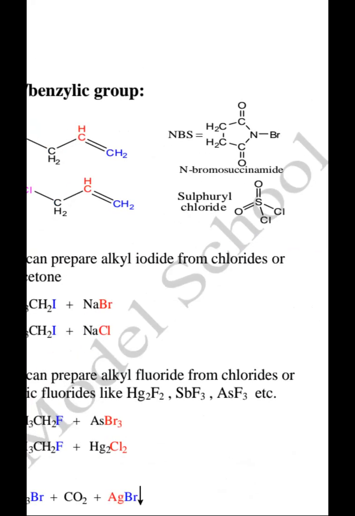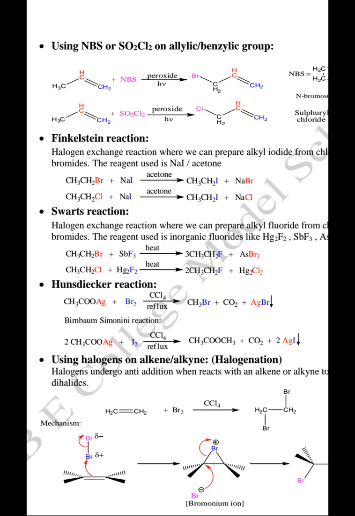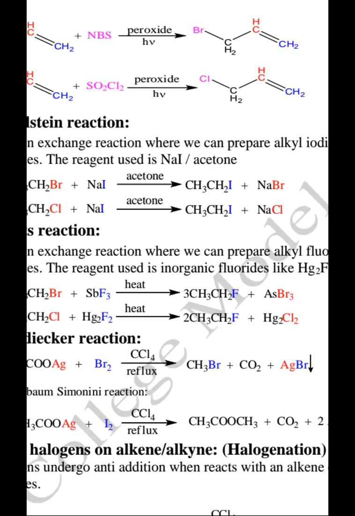The next reaction is the Finkelstein reaction. The Finkelstein reaction is a simple halogen exchange reaction where we use sodium iodide in acetone to replace halogens like bromine or chlorine from an alkyl halide. Iodine replaces it. Br and Cl are the leaving groups marked in red. Iodine is the incoming group marked in blue. We see that the alkyl iodides have formed, and NaBr and NaCl are the byproducts here.